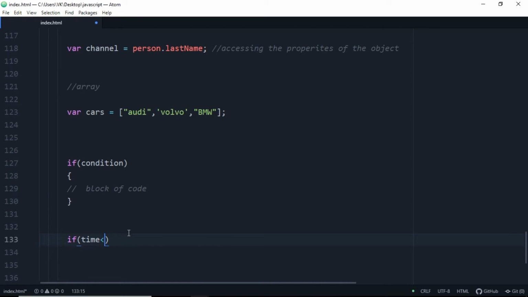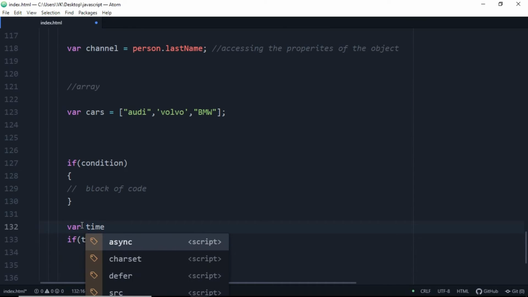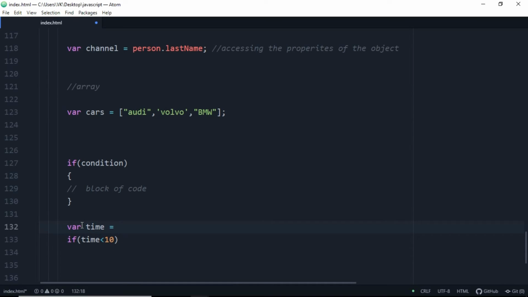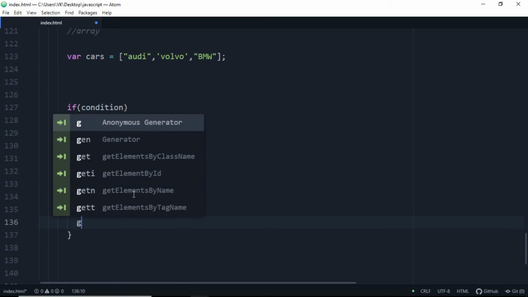If time is smaller than 10, so let's declare var time is equal to 11, and if time is smaller than 10, add curly braces here.